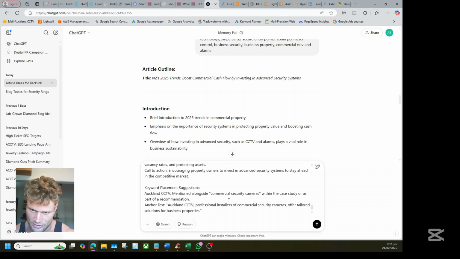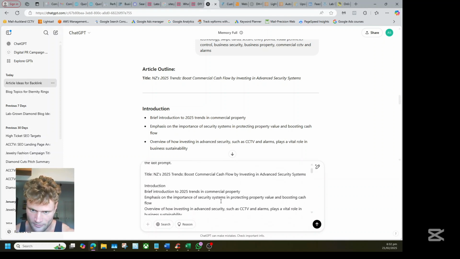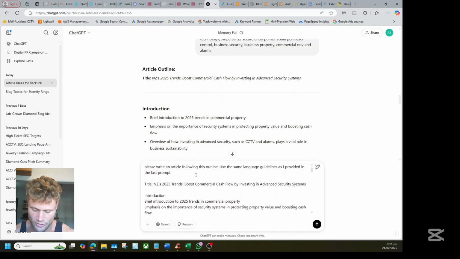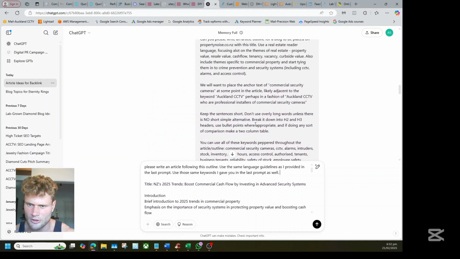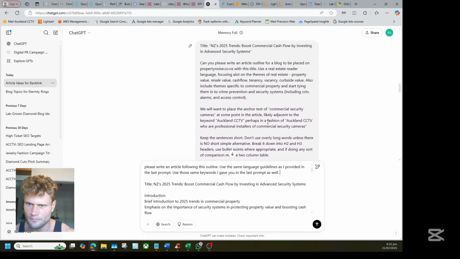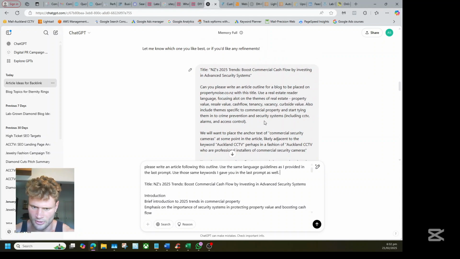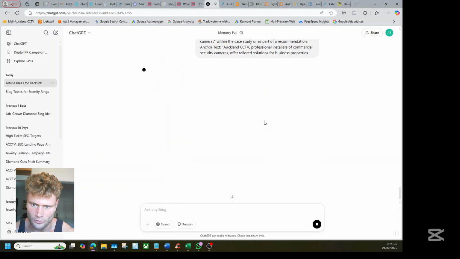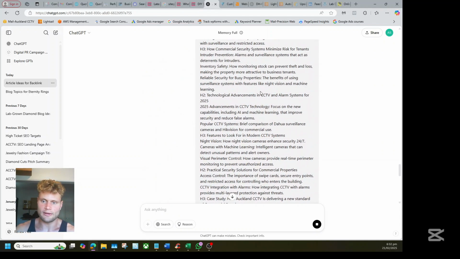Okay. I think this is good to go. We've put in the keywords already, haven't we? I'll also say, use those same keywords I gave you in the last prompt as well. Do I need to really copy anything else in? Keep the sentences short. Yeah, let's give it a go. Cool. So now it's going to start writing, and look at the length of this prompt.